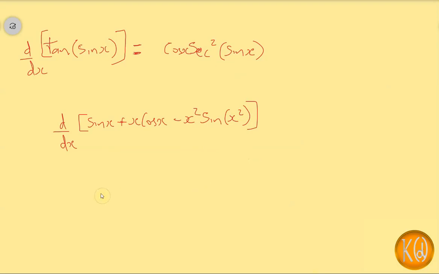Good. So as we know, we would differentiate each term separately. Okay, and let's do it at the bottom here. The derivative of sin x is just cos x, and the derivative of x cos x, now that's a product, so we have to use a product rule,